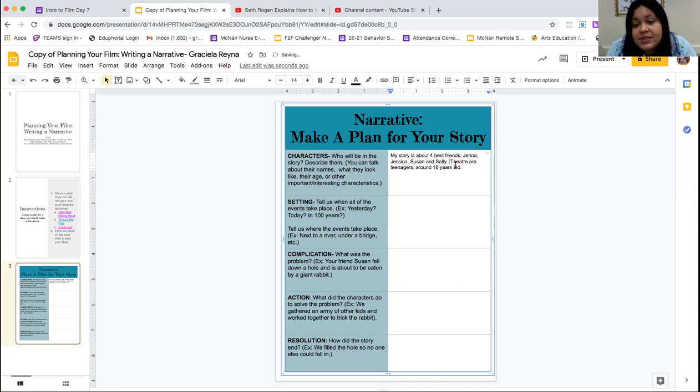And so I made up some names for my four best friends: Jenna, Jessica, Sally, and Susan. They're teenagers, around 16 years old. In my story, Jenna is the leader of the group, because I think that'll be important to know for my story. And so the setting